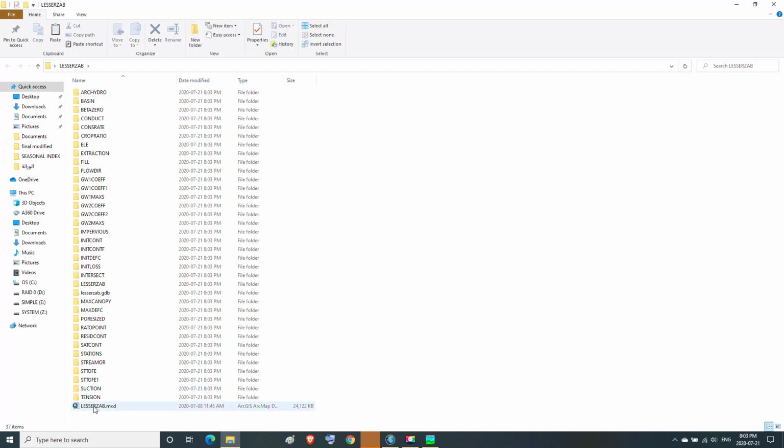Then we open the project file titled LaserZap, and in it we open the project file titled laserzap.mxd in ArcMap.